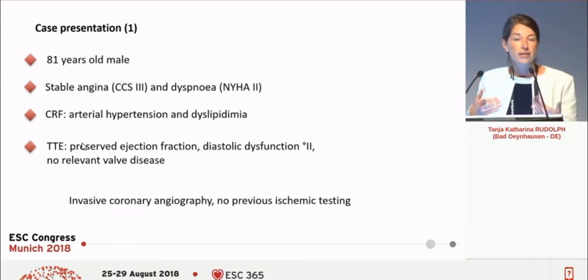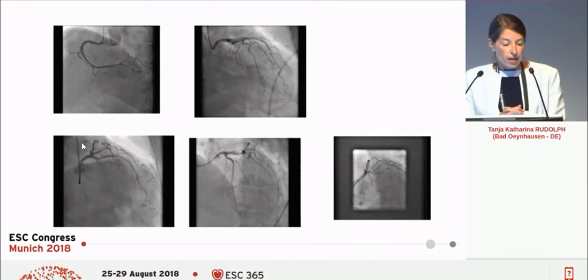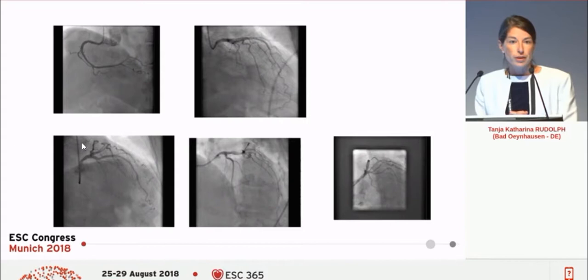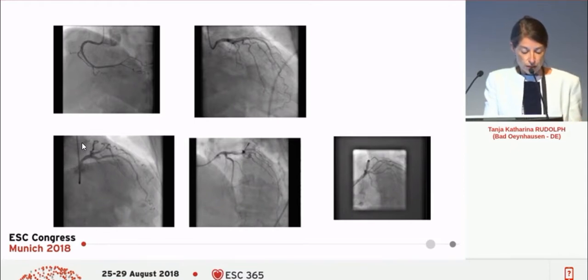So he did not undergo previous ischemic testing, which is also in accordance with current guidelines. And so here you see his coronary angiogram. The right coronary artery looked pretty normal without any significant stenosis, and also the circumflex, which was a rather small vessel, did not have any relevant stenosis. In the LAD, you see a little kink here